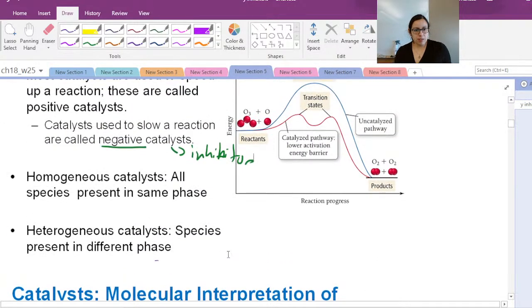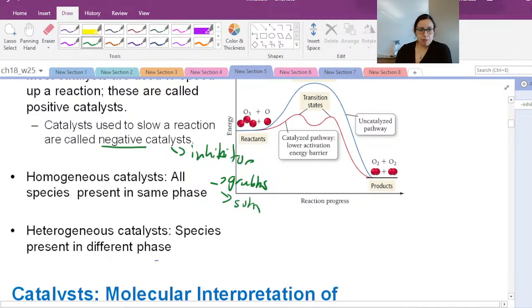And so this starts to get into how you make a catalyst or design one. A homogeneous catalyst would be all species in the same phase. And so the Grubbs catalyst would be a good example of that, or many other chemistry catalysts. And all that means is it's usually something in solution, so you basically mix everything in.